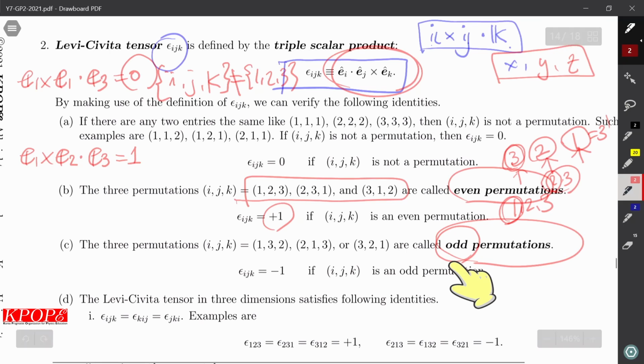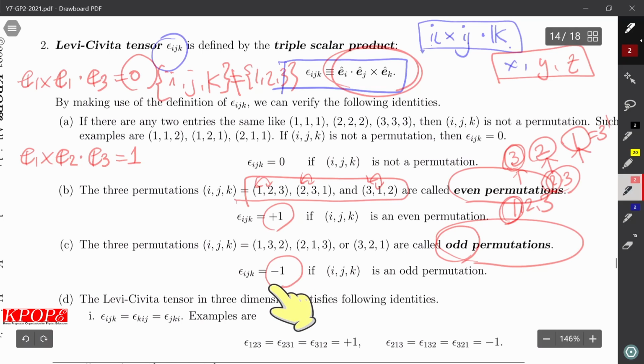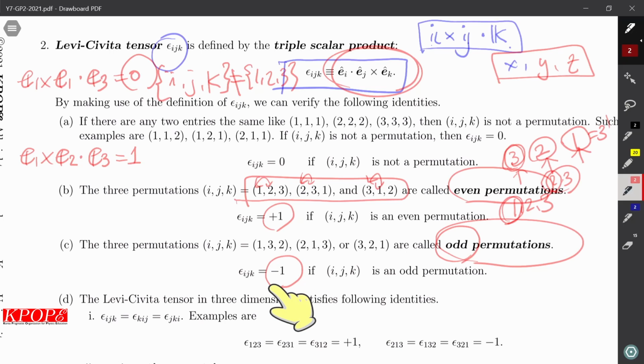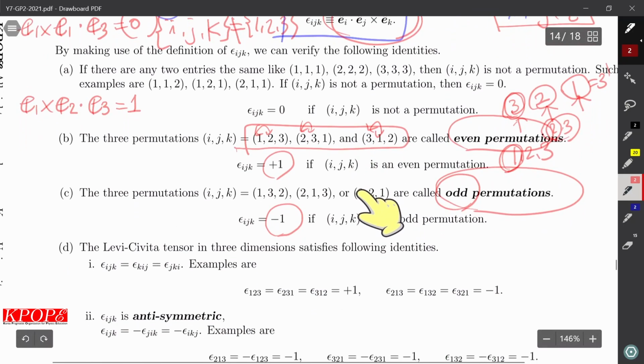Odd permutations can be obtained by exchanging any two elements in an even permutation. So the triple scalar product for an odd permutation is always a negative value. In summary,